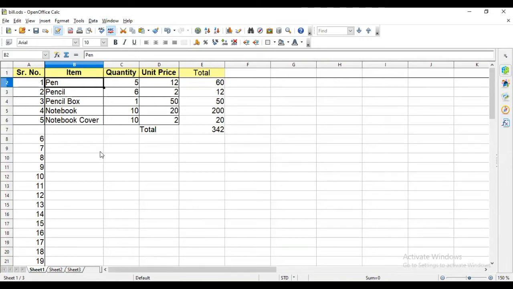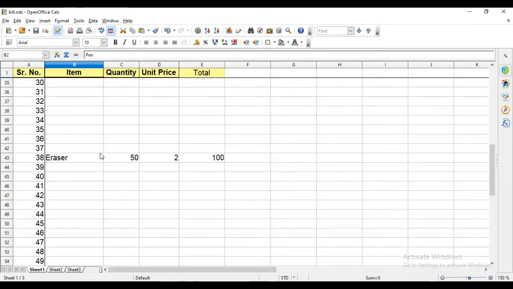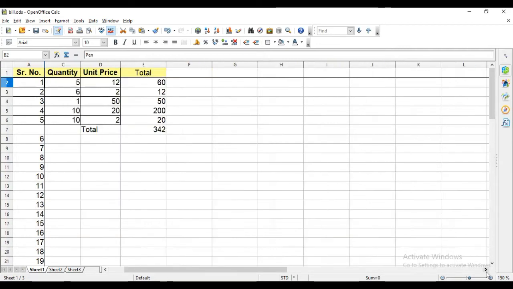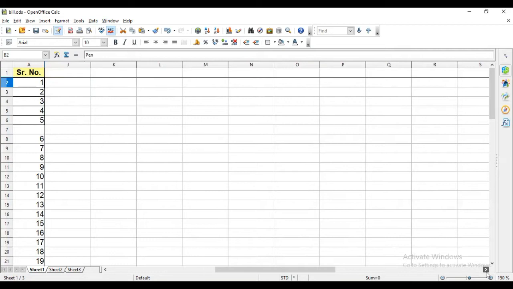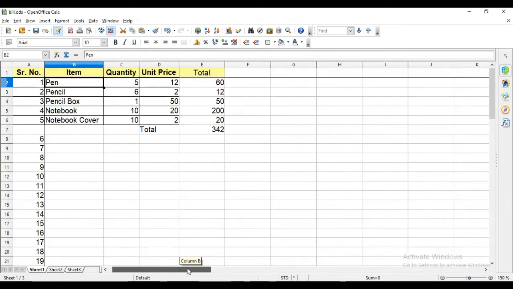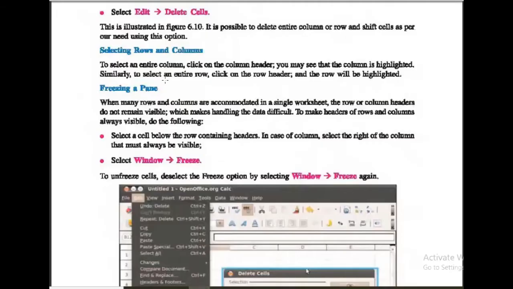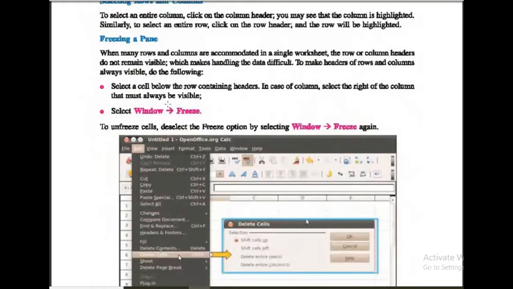Now see, when I scroll up, the row remains the same, and when I scroll to the right-hand side, the column remains the same, that is serial numbers. So this way you can freeze columns and rows, so that if your data is expanding in multiple rows, you can keep that heading part constant there.